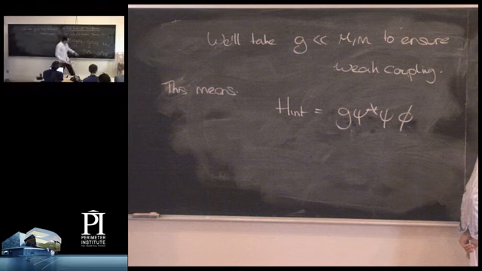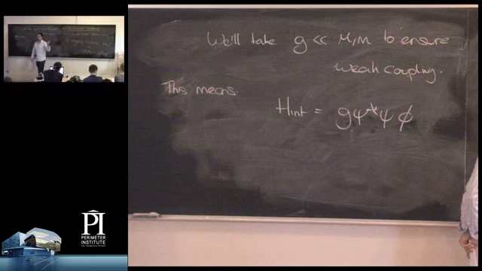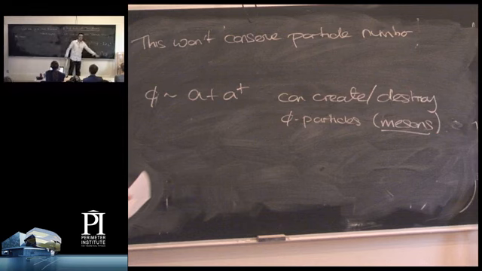Okay, so let's just try and have a look and see what this new term is going to do, just to try and get some feel for it. So this means that for a Hamiltonian, we have to go to the Hamiltonian formulation. These first four terms, after we convert the Lagrangian to the Hamiltonian, will be what we called H0. So they'll be the free term. And this last one is going to be what we call the interaction Hamiltonian. So H int